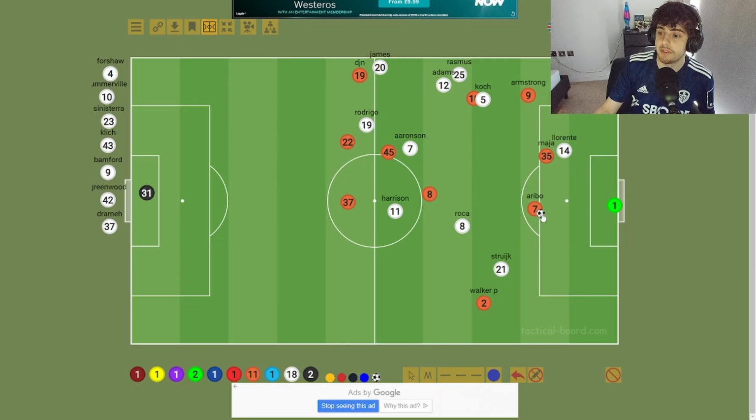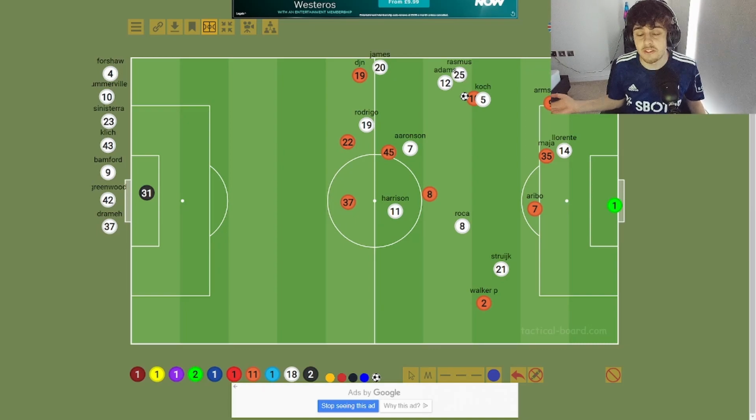This is the problem. This is it. These two cannot let Armstrong pass that through there. That kills us. That is the reason we conceded the goal. That wasn't to do with tiredness. I don't care if these are both fit. That pass can't go through. And he's always going to win that there. Always. And that's how they scored. In my opinion, that's what happened.